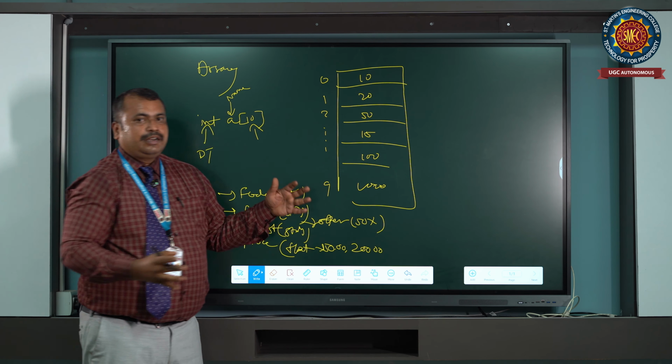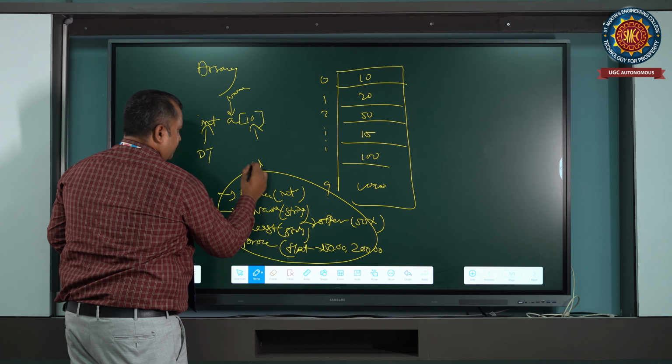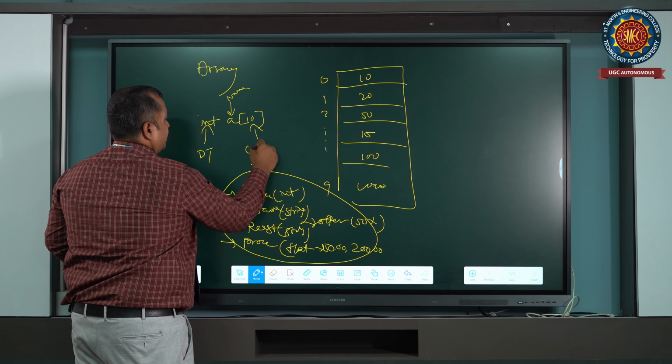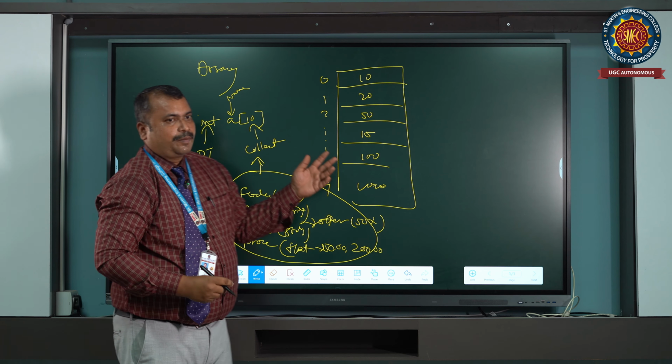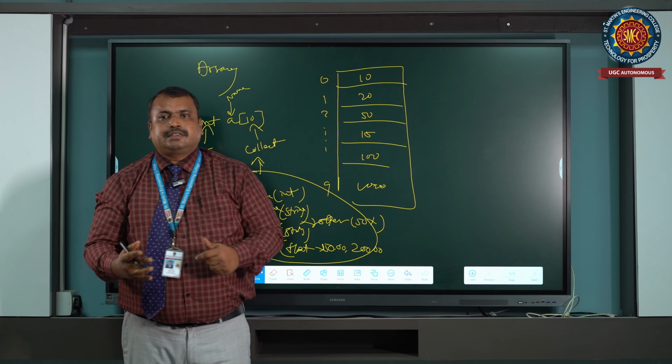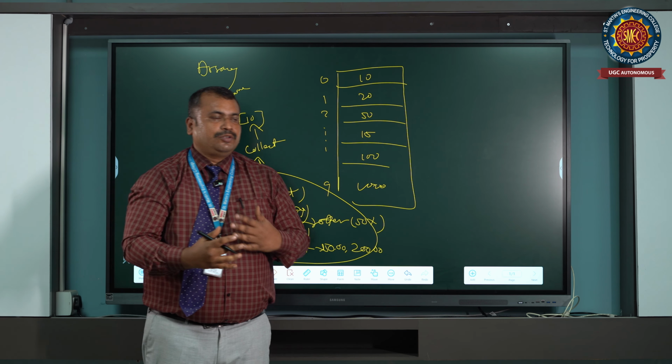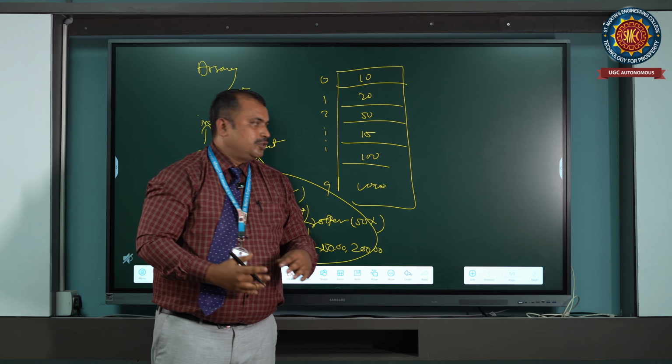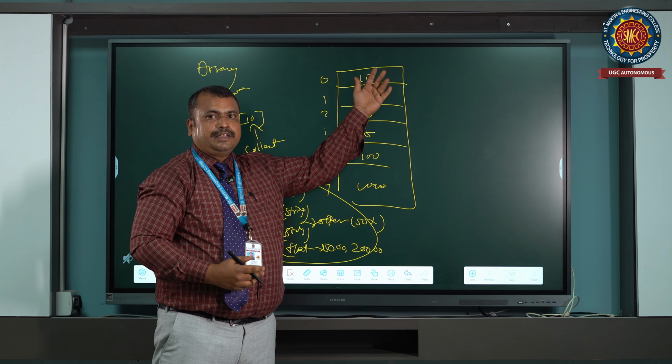All the things are clubbed together and combined as a single data called a collection. You got it? It is called a collection. In procedure oriented programming, the underlying data structure does not have the capability to store different kinds of data types. It can store only data of the same type.